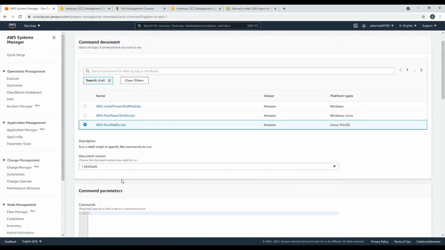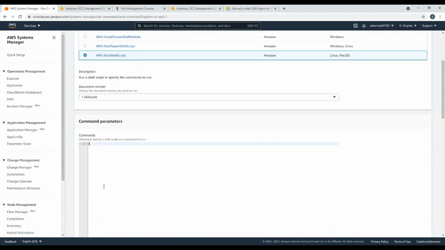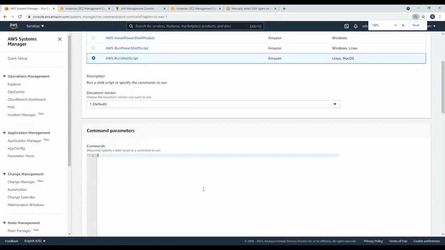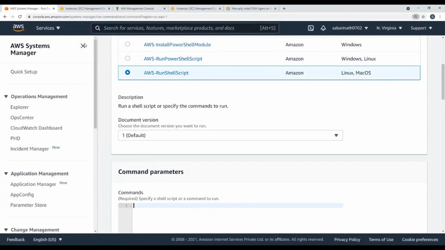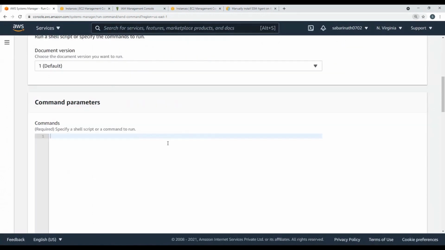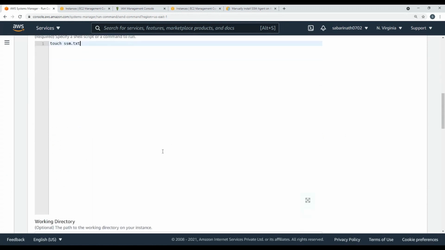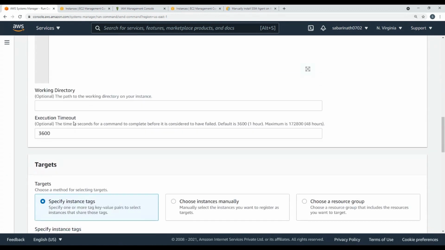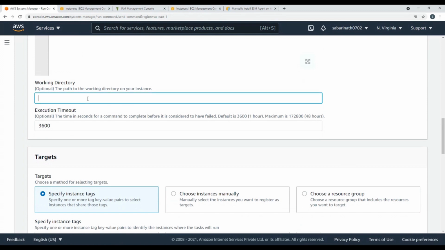and we do have an option to pass the parameters. What can go inside the script here? In this demo, I'm just going to type a simple command to create a file called ssm.txt. I'm going to create the file under the working directory of slash tmp,